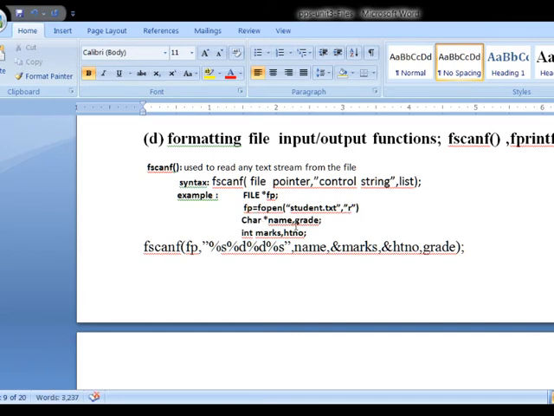Next, define the variables we are going to use to store the data read from the file. Now I am using name, grade, marks, and hall ticket number, 4 variables. Now I have to read the data using the variables from the file. Here I am using fscanf with fp. Already I told, fscanf is a function used to read the data from the file. From the file, so we give the file pointer fp.